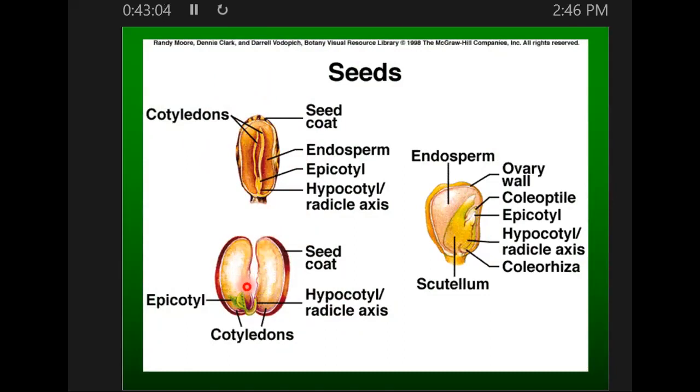Now let's look down low in the lower left. You don't see the word endosperm there in that seed. It's gone. But it was there. It just morphed into cotyledons. So the cotyledons here, all of that,